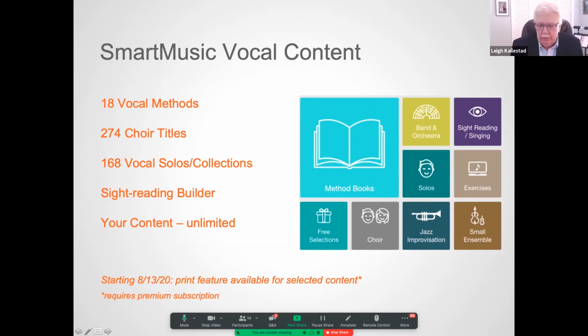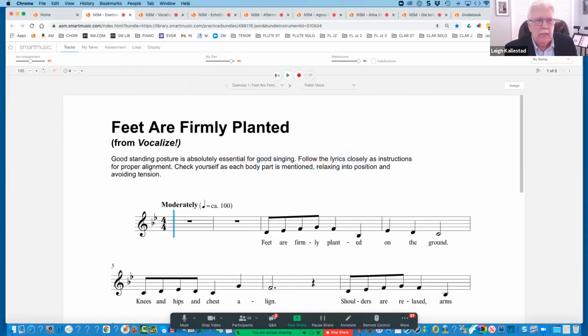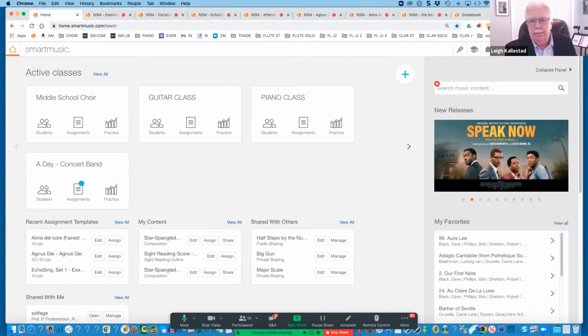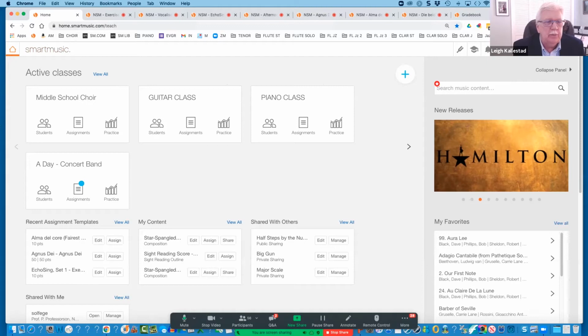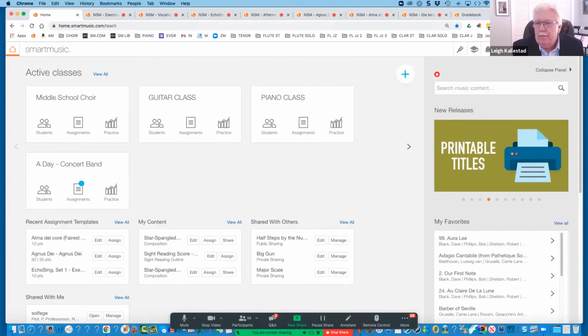What I want to go to the heart of things is what content you can use, how to find it easily, and then how to schedule assignments. And that might prompt some other questions. So let's go live now to SmartMusic. And on our home screen, we talked about, this is where the classes are sitting out here, some recent assignments, other boxes of information, and